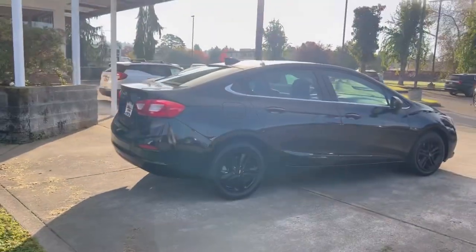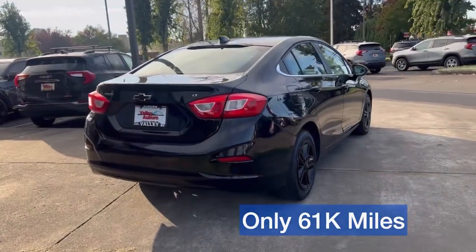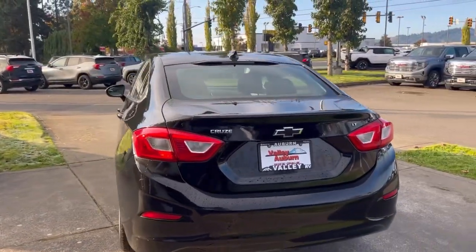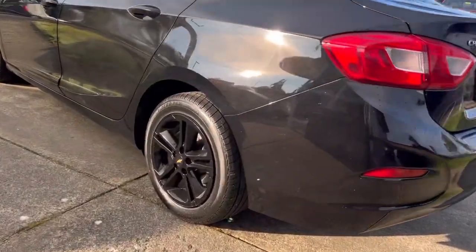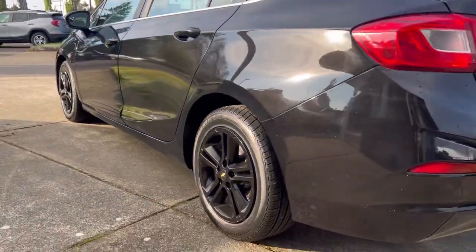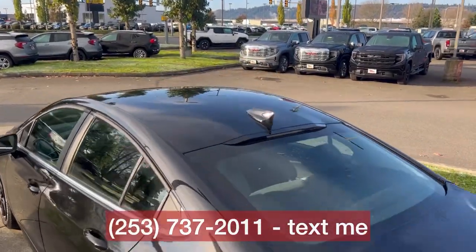This car has 61,000 miles. It's very low miles for a 2018, way below market average. Clean Carfax. It was well maintained and serviced over the years. We do provide a Carfax report where you can see all the details. Or you can shoot me a text and I'll be happy to send you over a link to the Carfax